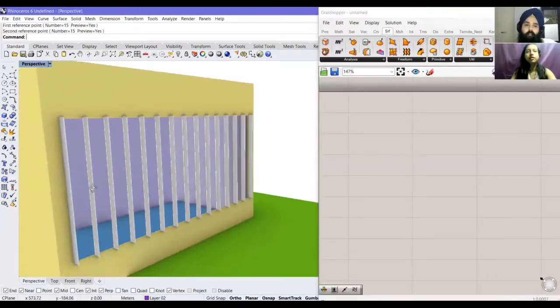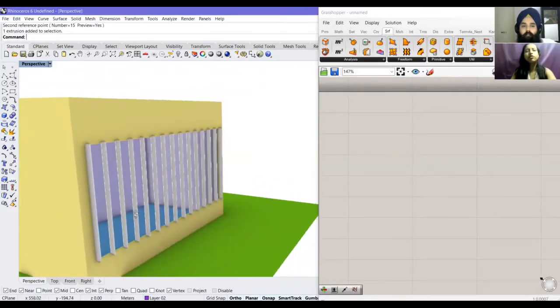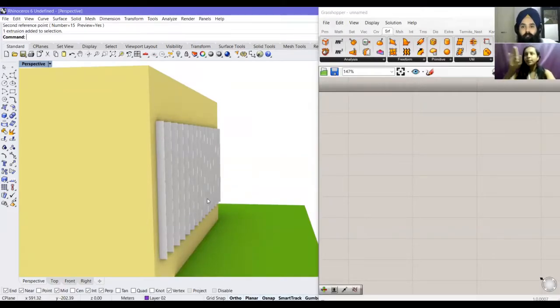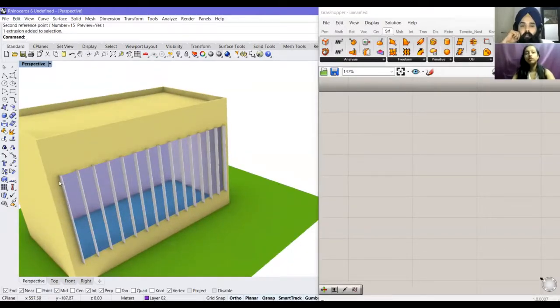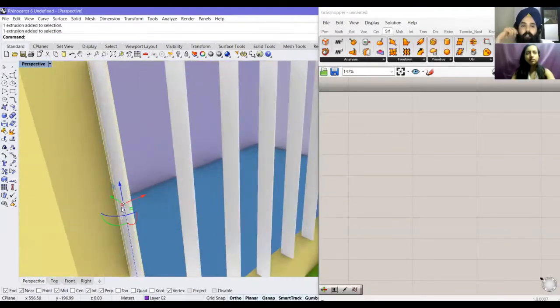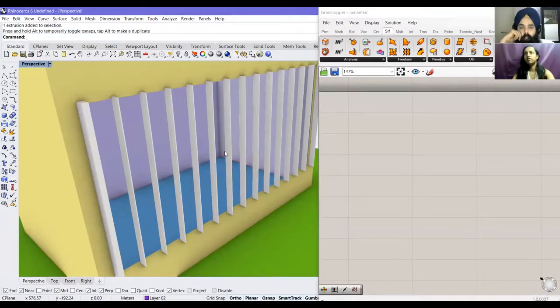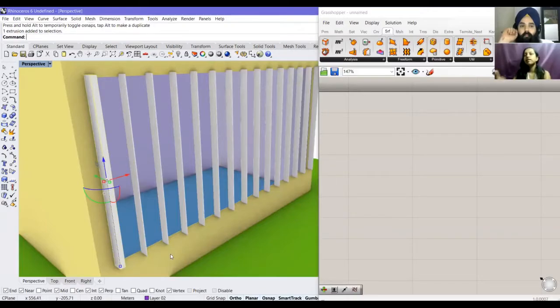Think about really doing it again because you've already made this. And maybe the next thing you would want is that all the louvers are in the same plane, it's flat, and you don't know what to do if you want to change the distance. Let's say at some point you want to make this one thicker. How do you ensure that this thickness is repeated all over? One way is to make a block out of it, so that you edit the block and everything becomes thick. But if you were to increase each of them separately, independently, how do you do that?